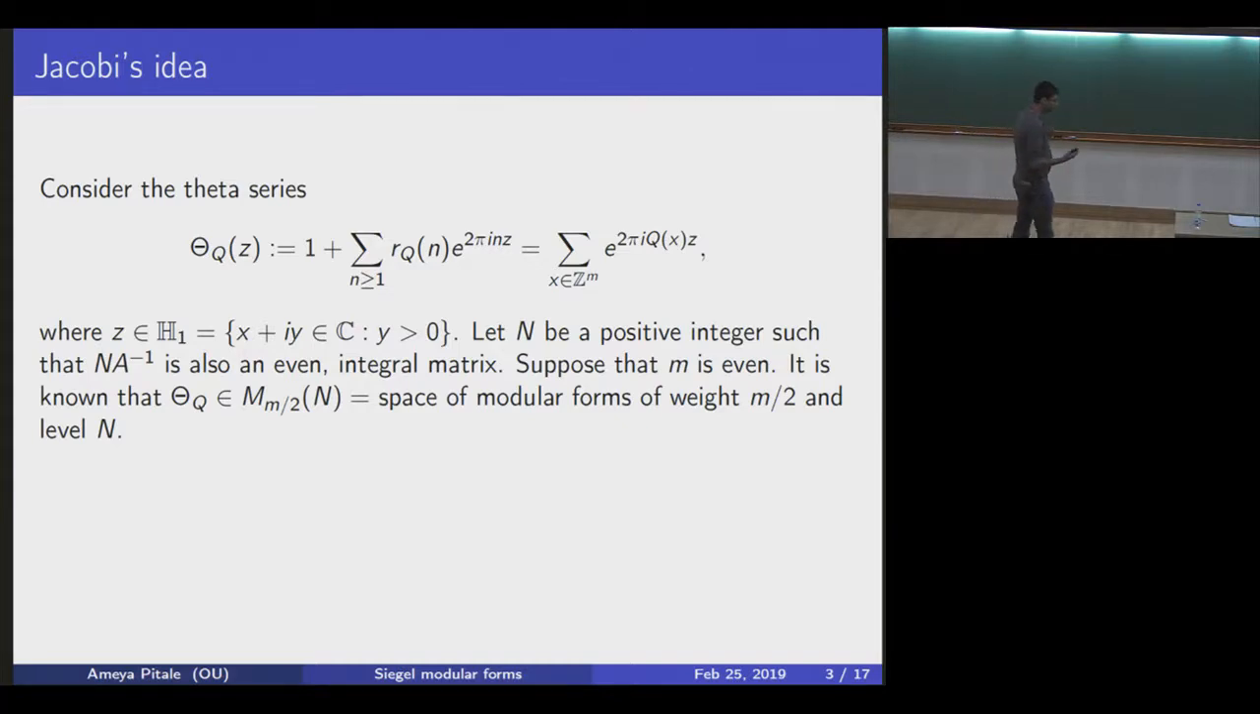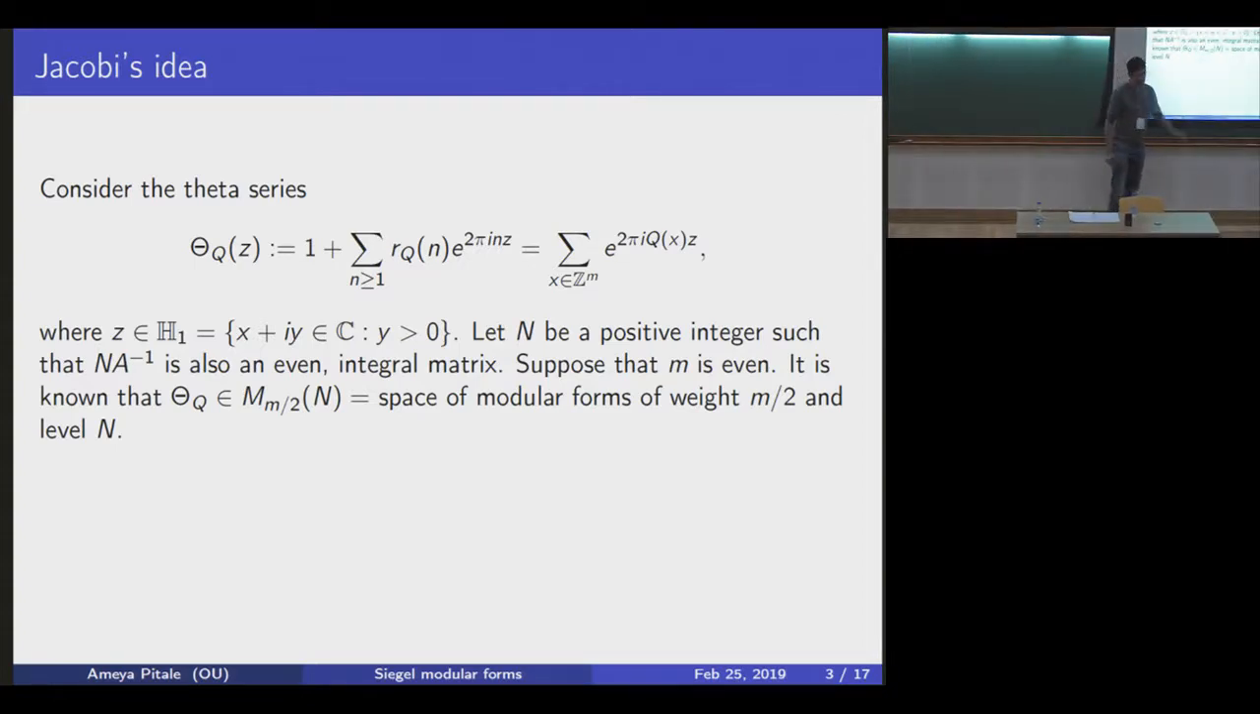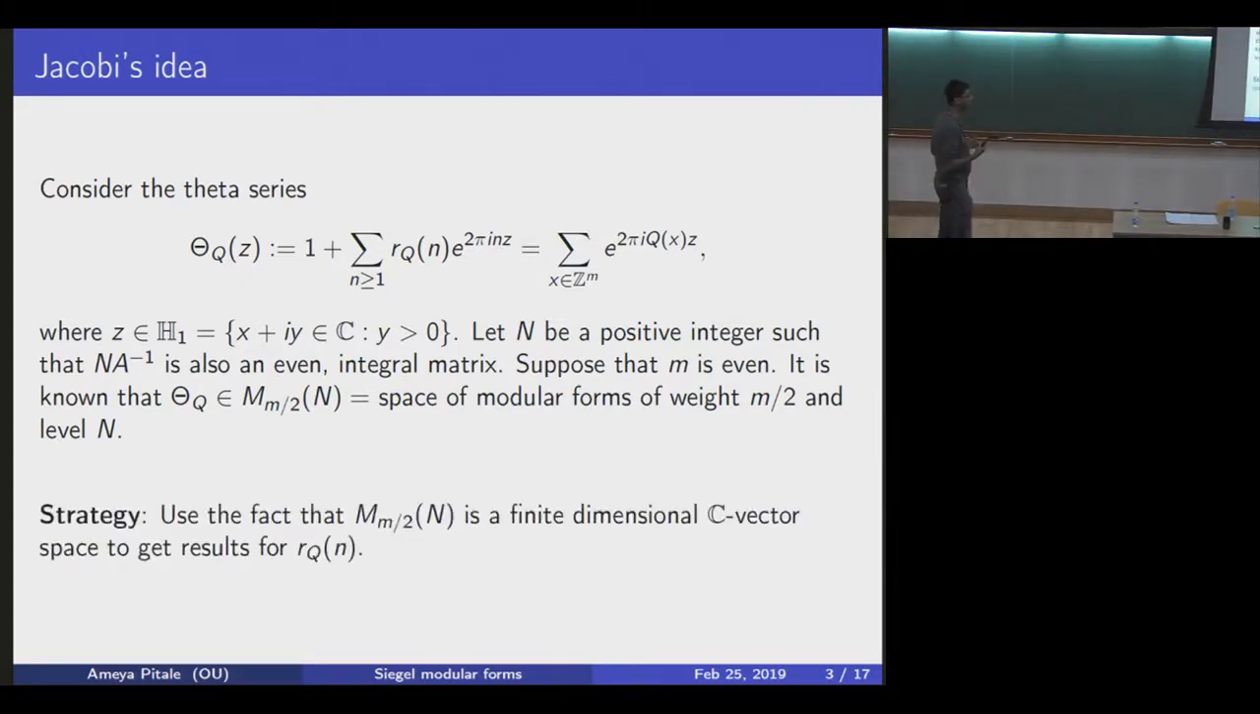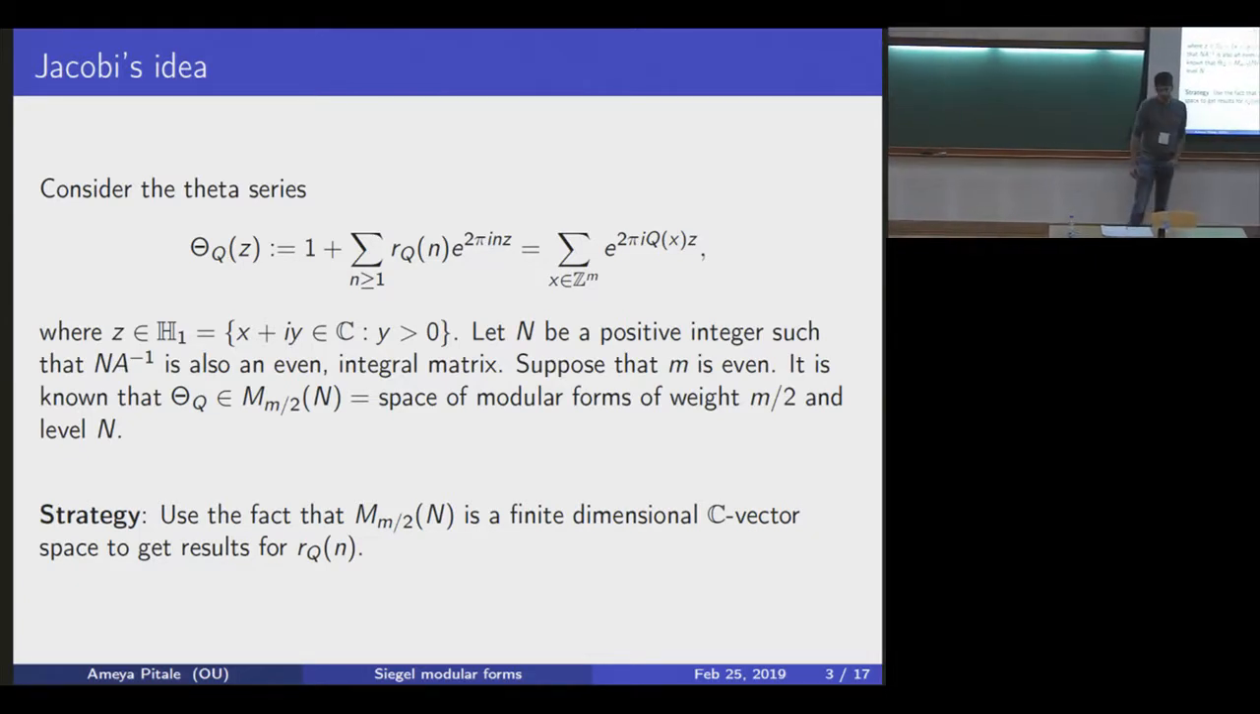So you get modular forms with a level, and the weight is half of the dimension of what you had. And then if you have information about these modular forms, then you could essentially write down maybe explicit formulas or at least asymptotics. So for example, in the case where you had the quadratic form as a sum of 4 squares,